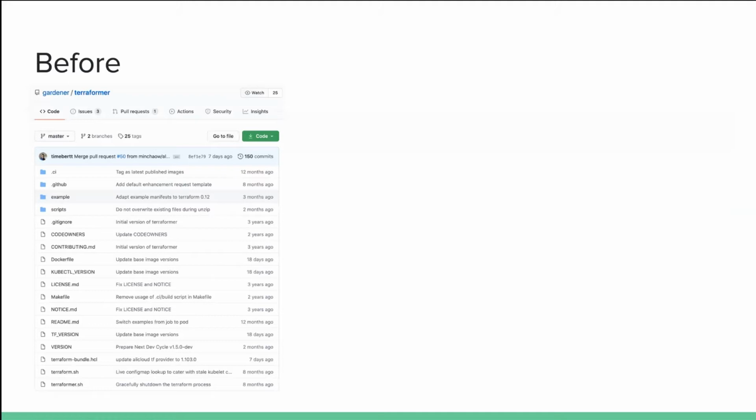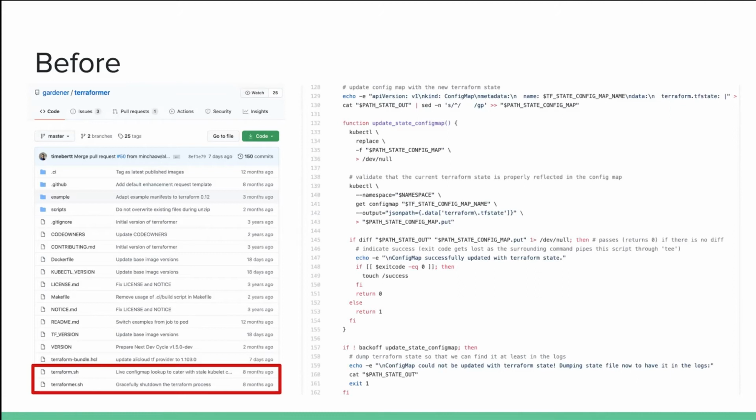So what's the problem with it? Why did we have to rewrite this whole thing? I mean, the problem basically lays down in those lower two files here. You see those are scripts which basically just call Terraform. And yeah, if you look at this, you will see